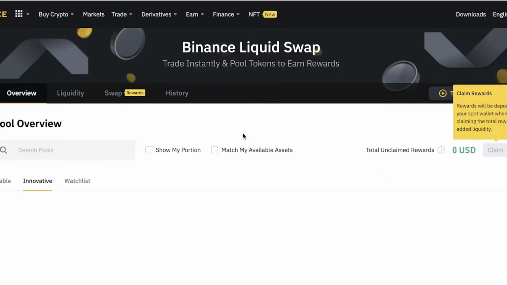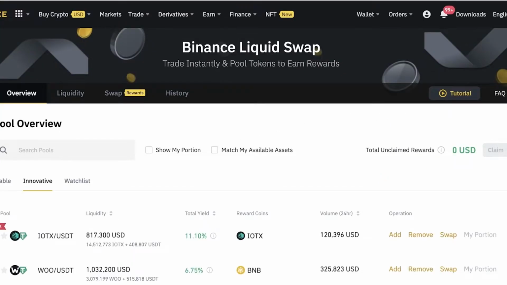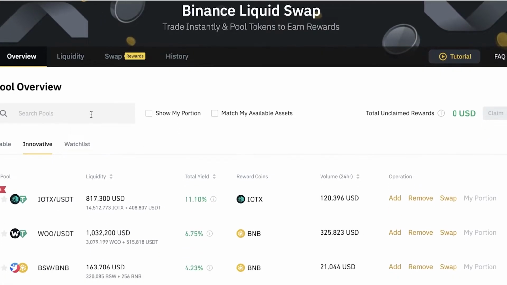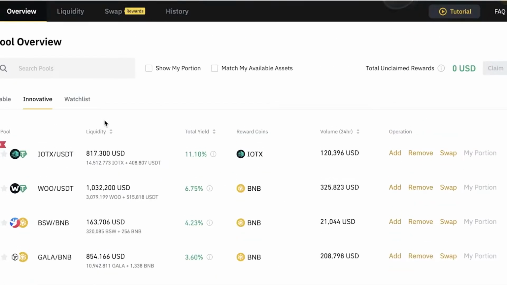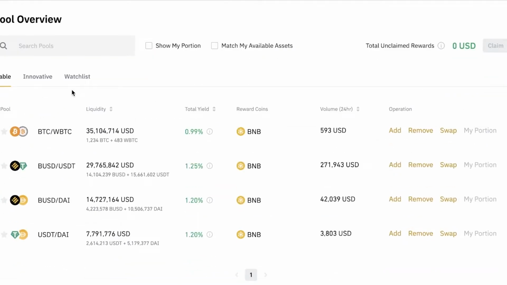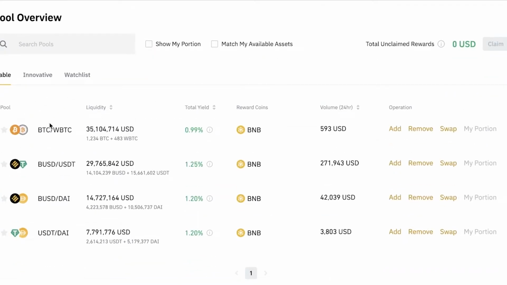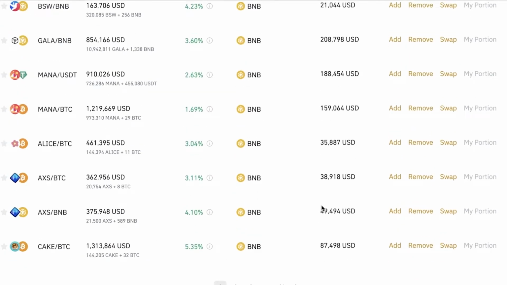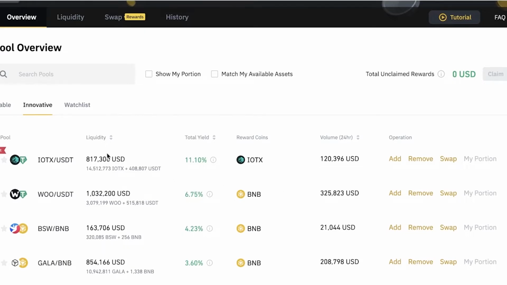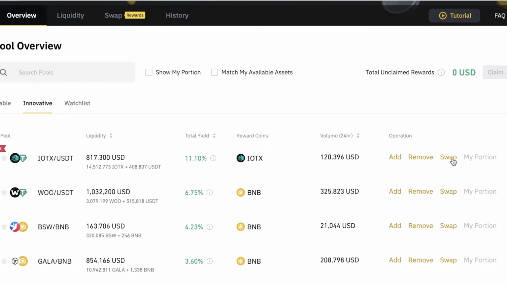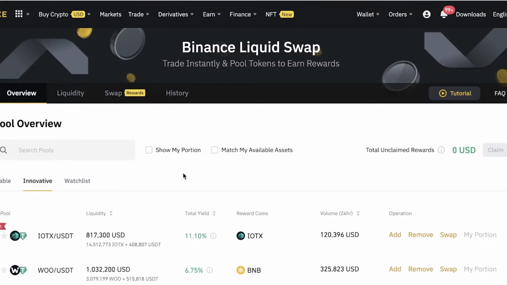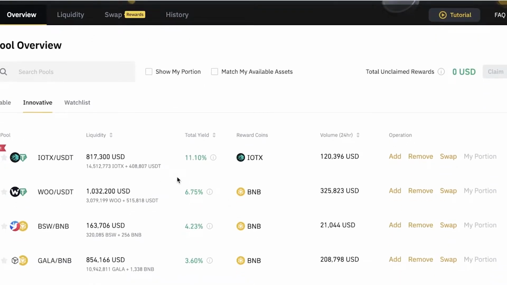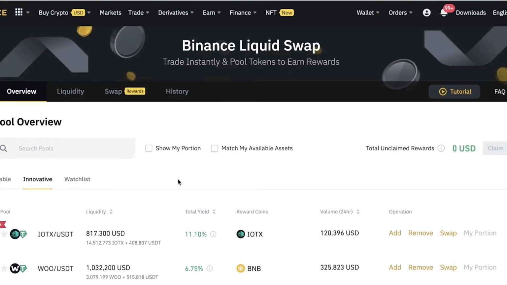Now, liquidity farming is super amazing for people that want to earn on Binance with the Binance Earn features. In liquidity farming, you can choose two types of tokens. You can choose a stable token plus a normal token, or you can choose two different tokens like these token pairs. There are multiple different token pairs available, and you can simply go on ahead and add your portion in the pool. This is going to be the liquidity pool swap,